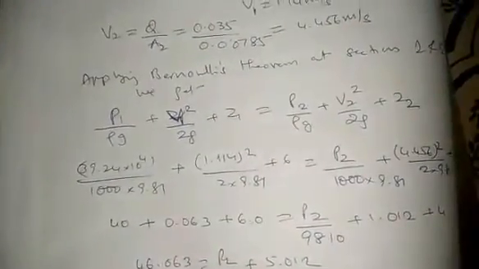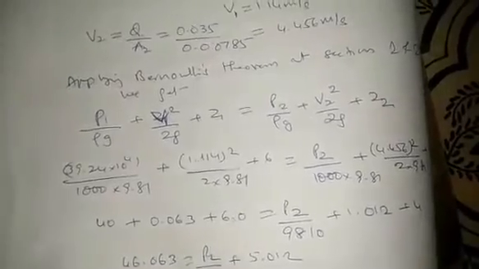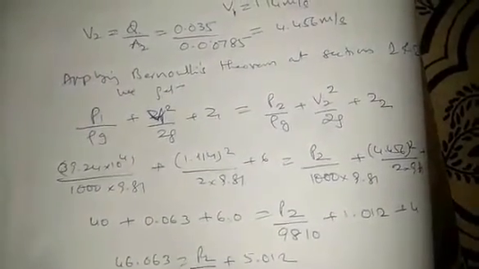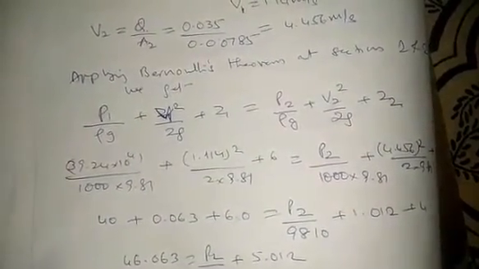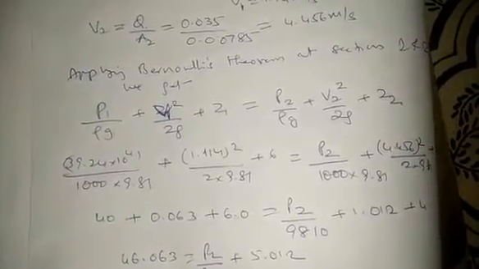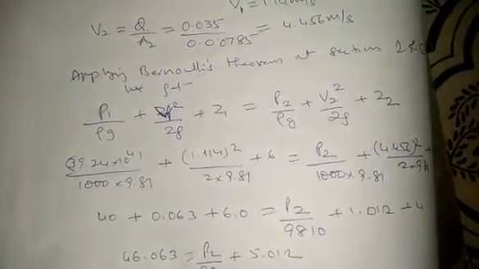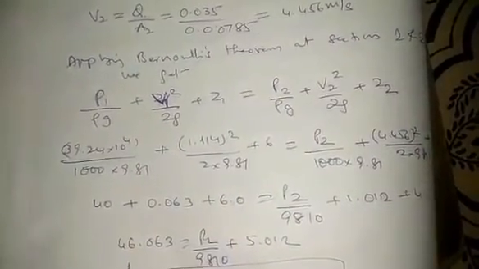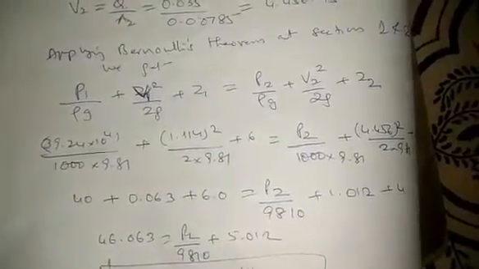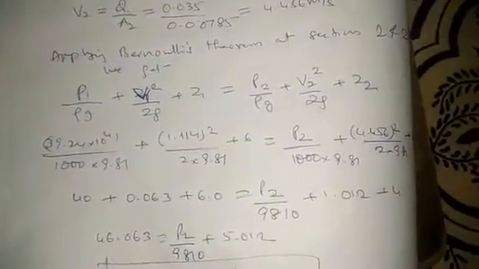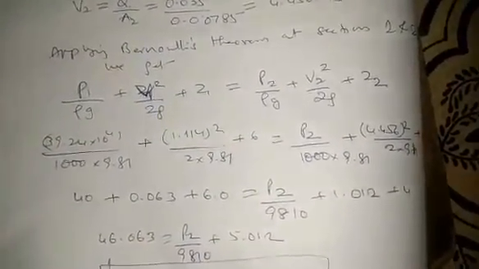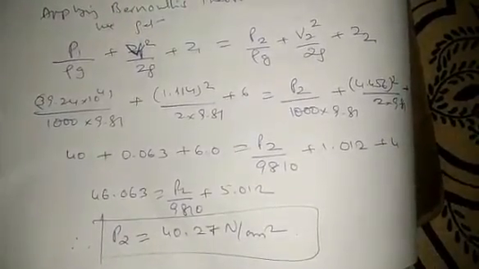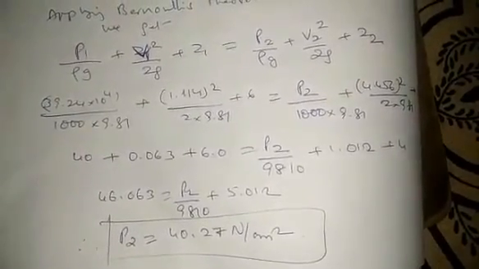For solving these sort of problems, you need to have a clear idea of even the continuity equation, where Q is equal to AV for any fluid which is flowing through a pipe. So we have used that equation, Q is equal to AV, in order to find out the V1 value as well as V2 value. After finding out V1, V2, you can substitute this in Bernoulli's equation and find out the value of P2. That is what is required in the problem, and we have found out the value of P2.